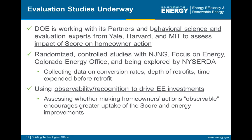Next. Since we have a lot of questions, I'm just going to skim over this very quickly. We have a number of evaluation studies going on with experts from the White House behavior science team, or something like that, I'm sorry, and Yale, Harvard, and MIT professors and economists who are working with us